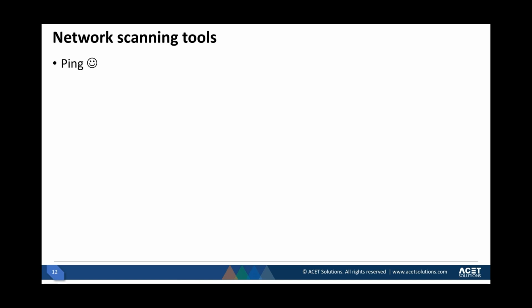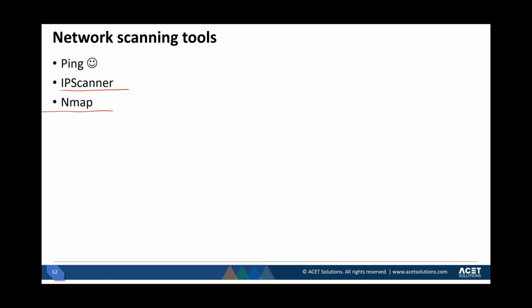Even if you're doing it manually, one IP address at a time, or you may be using an IP scanner that scans the complete subnet, 192.168.1.1/24 or something, and it will ping all the IP addresses on that subnet and give you a result of which one is live, which one is not.